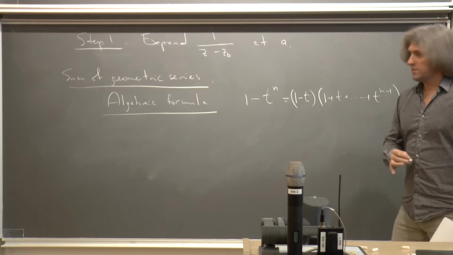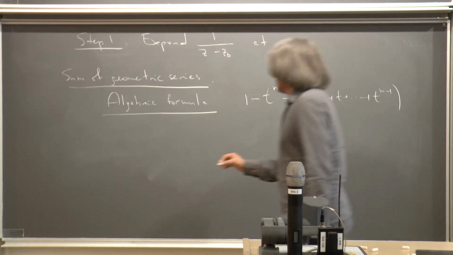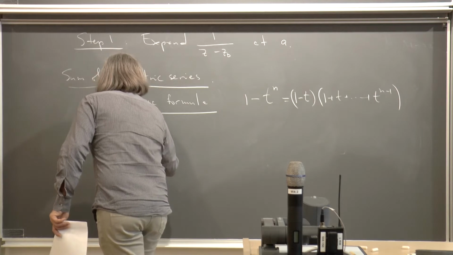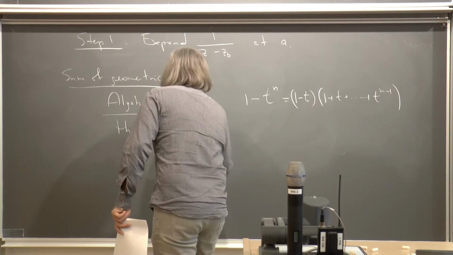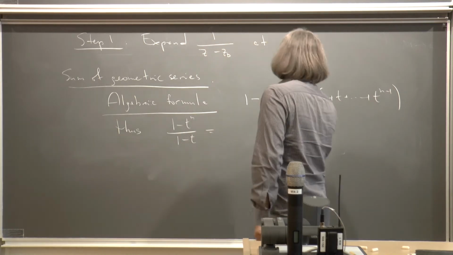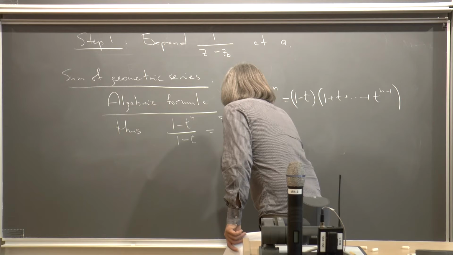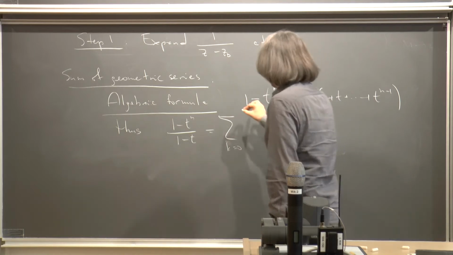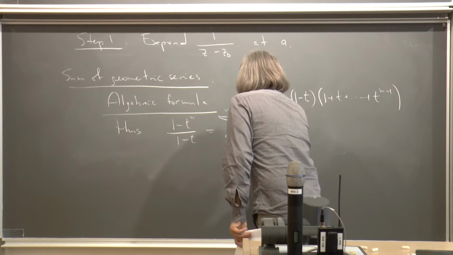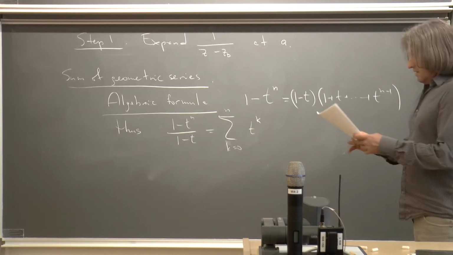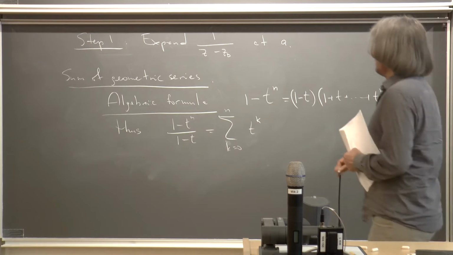So this is true always. This is just equality of polynomials. Then 1 minus t to the n over 1 minus t is a partial sum. So the sum over k equals 0 to n of t to the k. Yeah, so I claim